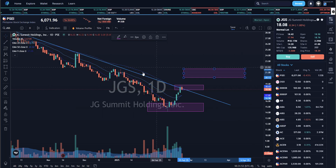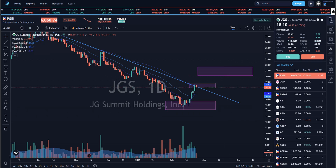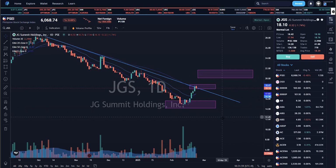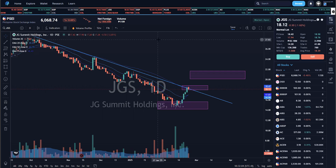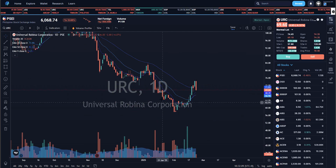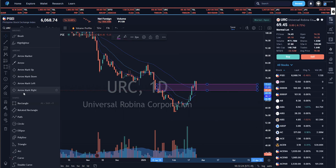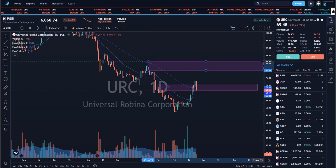Alright, so this, I think, is just following the movement of URC. URC is one of the biggest sentimental drivers here in JGS. So URC chart, it's more or less the same, right? You can see a short-term bottom here, but then is it really the bottom, or are we just seeing sell on rally opportunities? So it's hovering above the MA 50, but then on the more significant resistance we got the 80